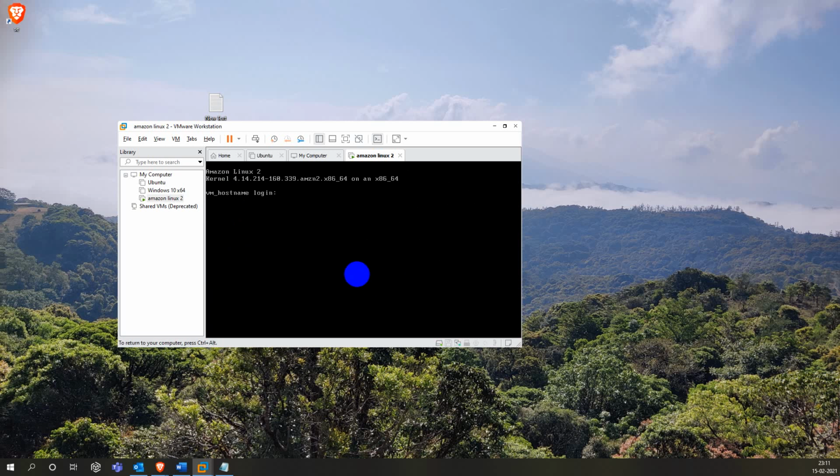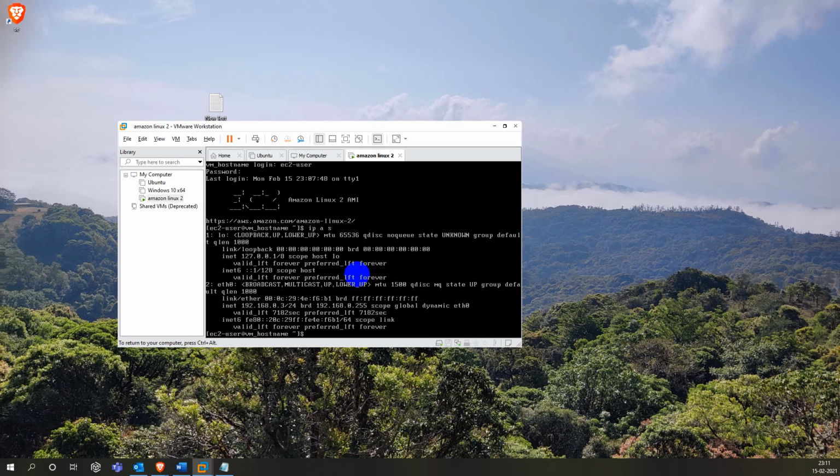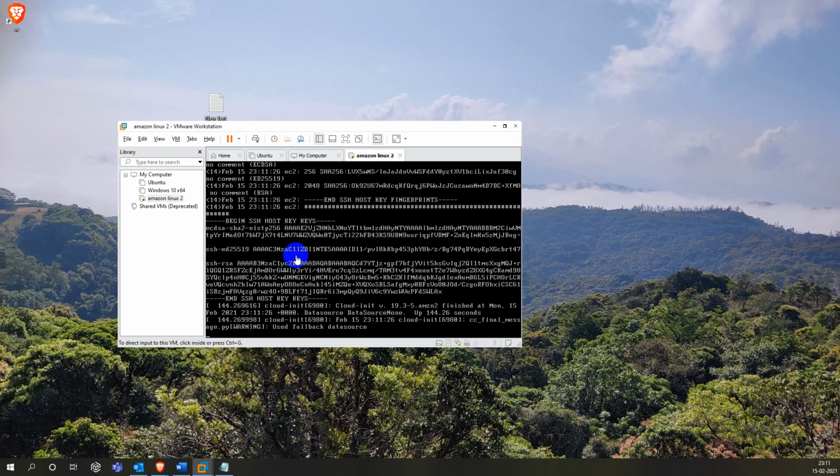I got the login screen. EC2-user, password. Got logged in. Now we type ip a. You can see now I got the IP address. I hope you saw the IP address already.